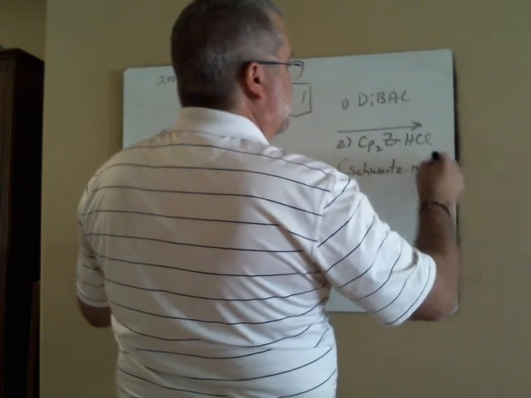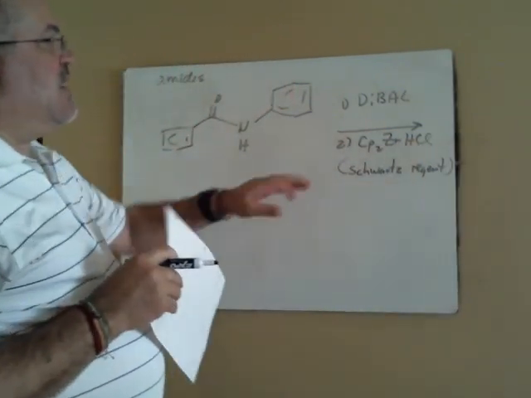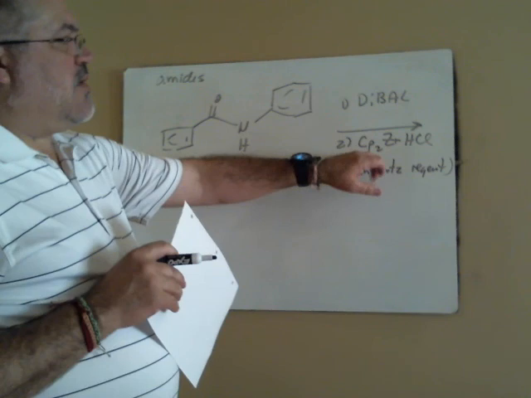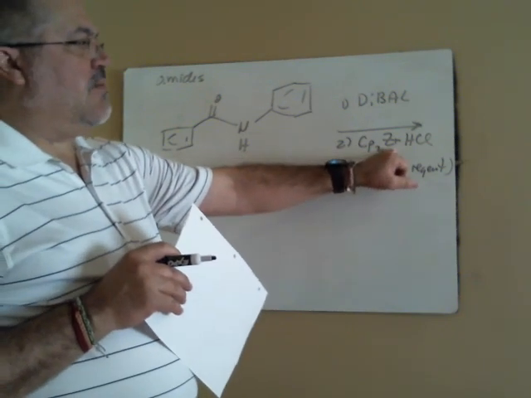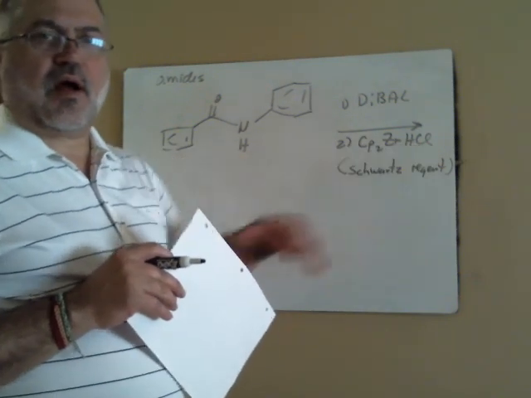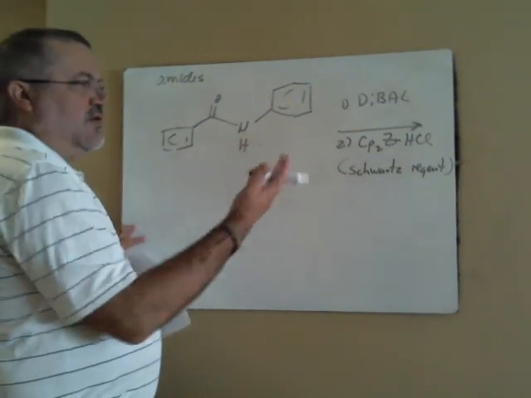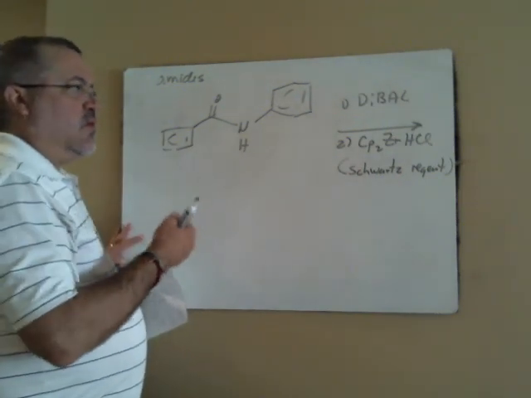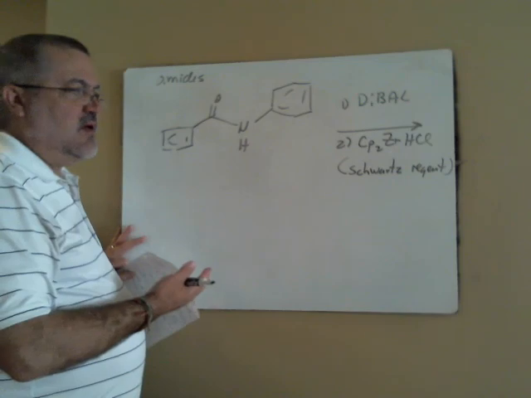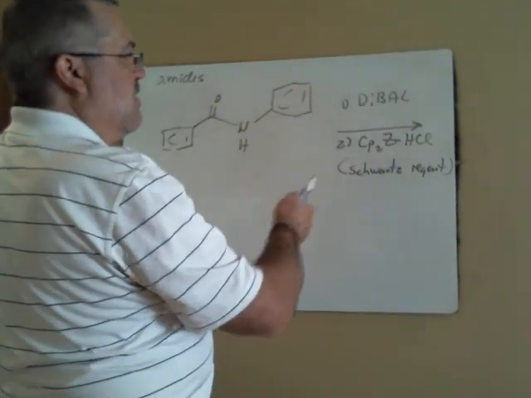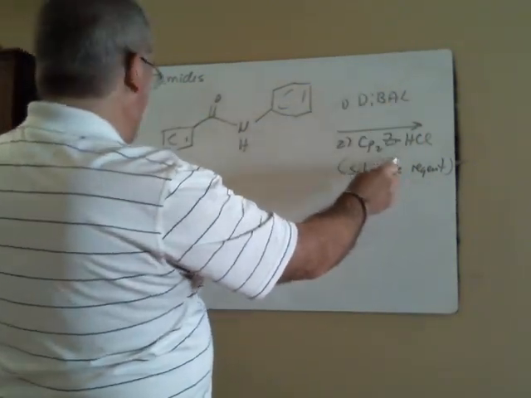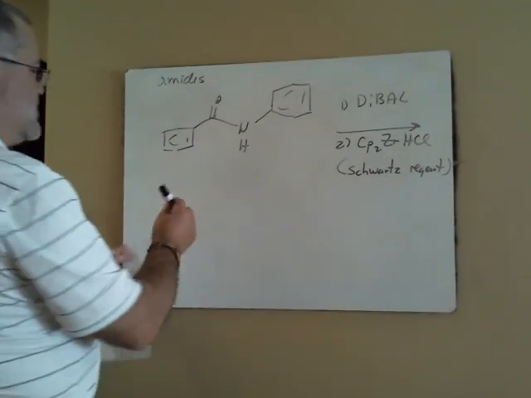And Schwartz reagent has been around for a long time. It's a cyclopentadienyl zirconium hydrogen chloride. It's an organometallic reagent. Okay, you use these 2 things together, 1 equivalent of DIBAL and 1 equivalent of Schwartz's reagent, and you do